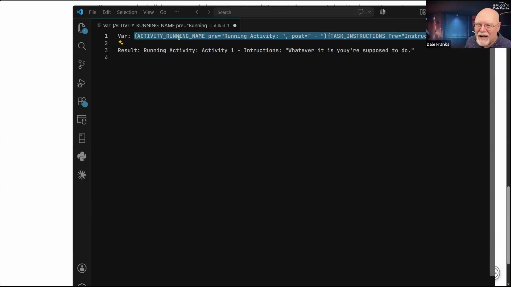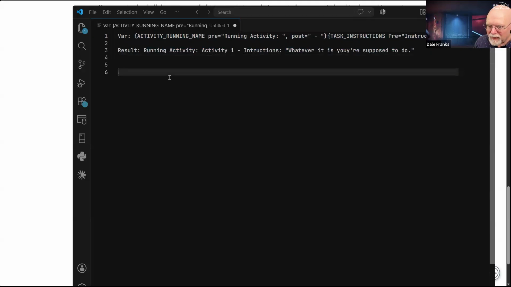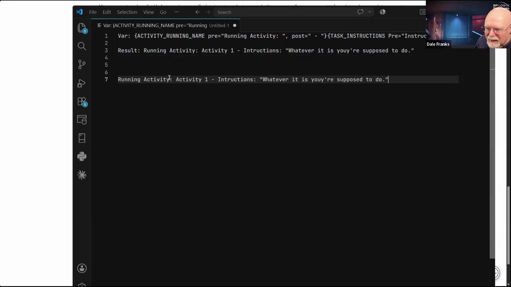I need to hide this, because what is going to happen if I am not in an activity is I'm still going to want to show the system variable. And so if I'm not in an activity, what the system variable will look like in the form is this.